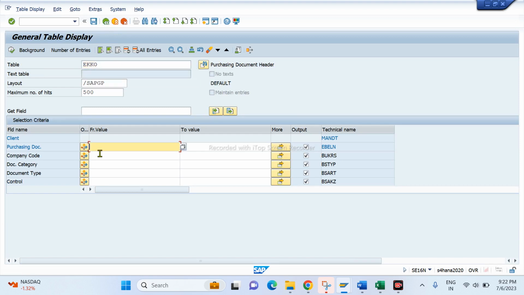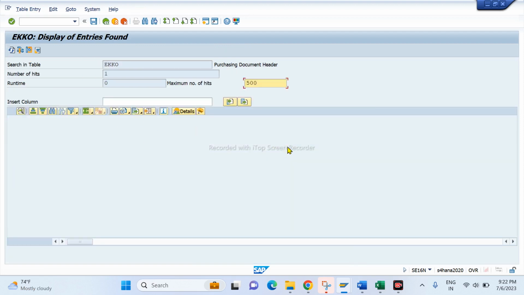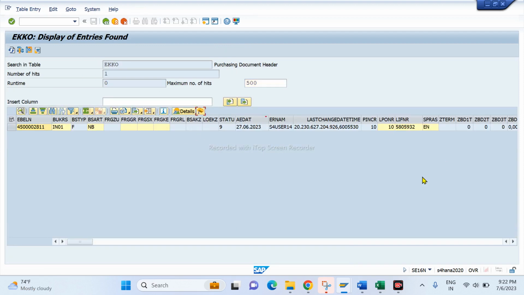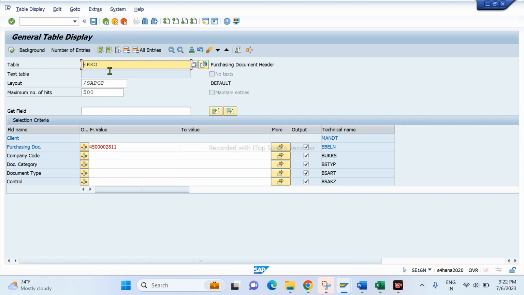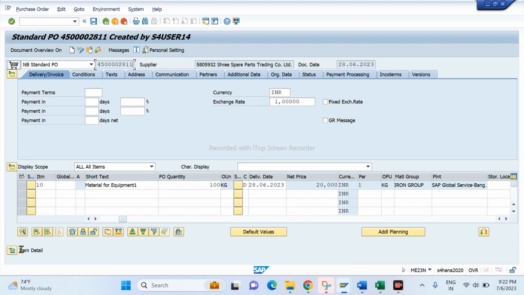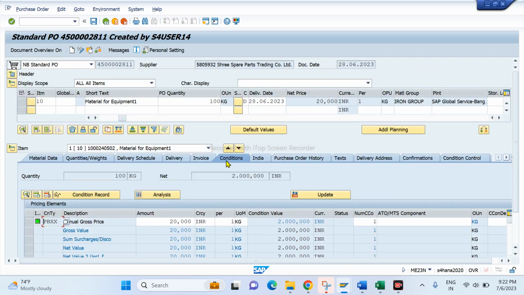So how can we get the condition record number? One purchase order has one condition record number, KNUMV. Okay, so this is called KNUMV. Ctrl+C this. Go to the table called PRCD elements. This PRCD elements is nothing but your purchase order item details. For example, there are